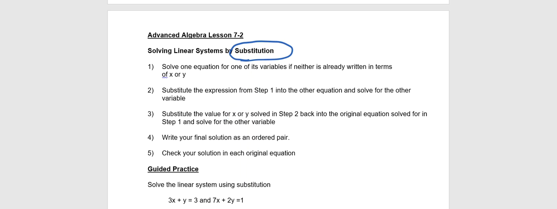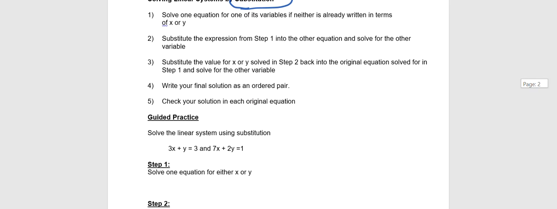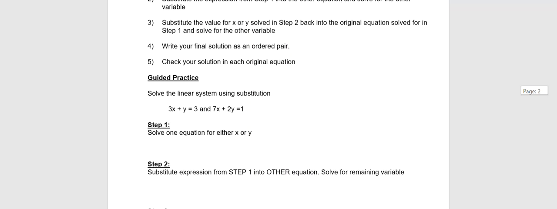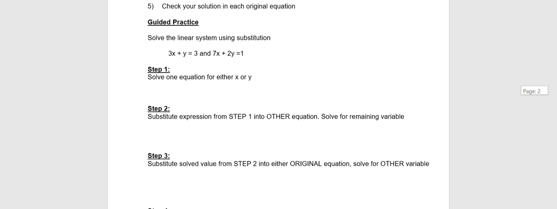Now that is nothing more than going back to what we did in chapter 3 when we solved all sorts of equations: one-step equations, two-step equations, multi-step equations, but all those equations only had a single variable in them. So what substitution allows us to do is get rid of one of our variables and replace it with an expression with the other, so that we can find our way back to using skills that we learned in chapter 3 to solve for essentially half of our ordered pair. And then we'll use that information to solve for the other half. So maybe instead of continuing to talk, it would be easier if we just took a look at an example